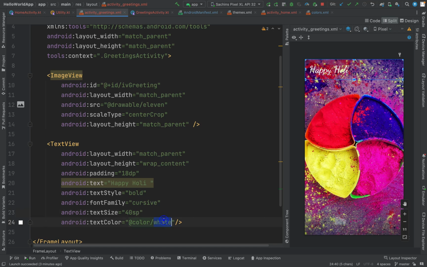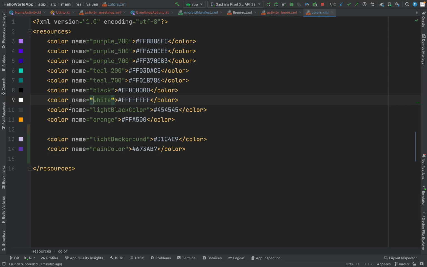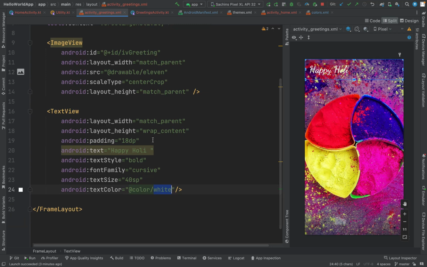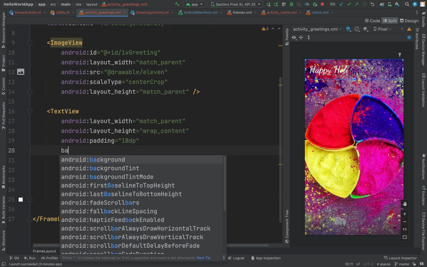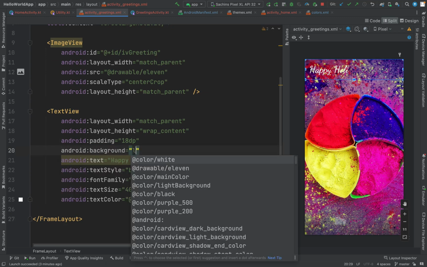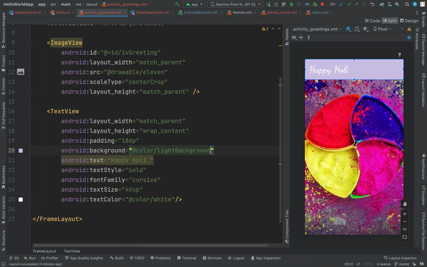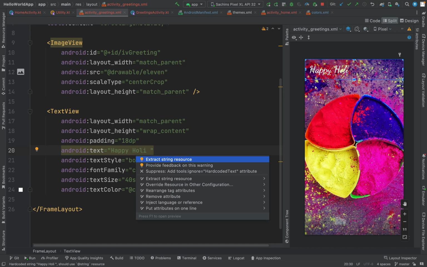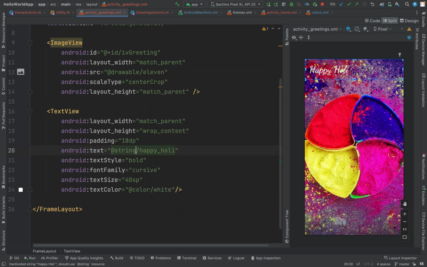Should we change the color? What colors do we have? Let's see if we can use this purple. Okay, it's not matching, so we can use white only for now. We can set up some background if we want, light background, but it's not looking beautiful, so let's remove this. And let's go back and extract this string, happy holi